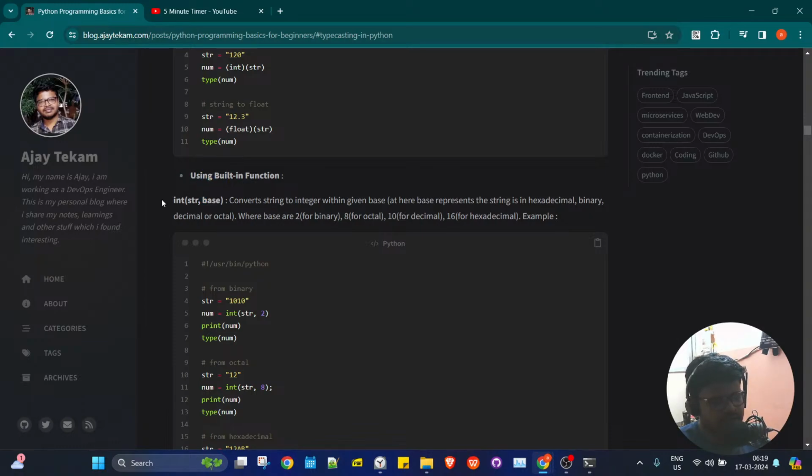So by using this built-in function, we can also do one more thing here. It also expects another argument called base. Okay, so base is basically nothing but your numbering system. So as you can see, there are multiple numbering systems like binary, octal, hexadecimal, decimal. Generally in our day-to-day life we mostly use the decimal number system, but in computer science we use all the number systems like